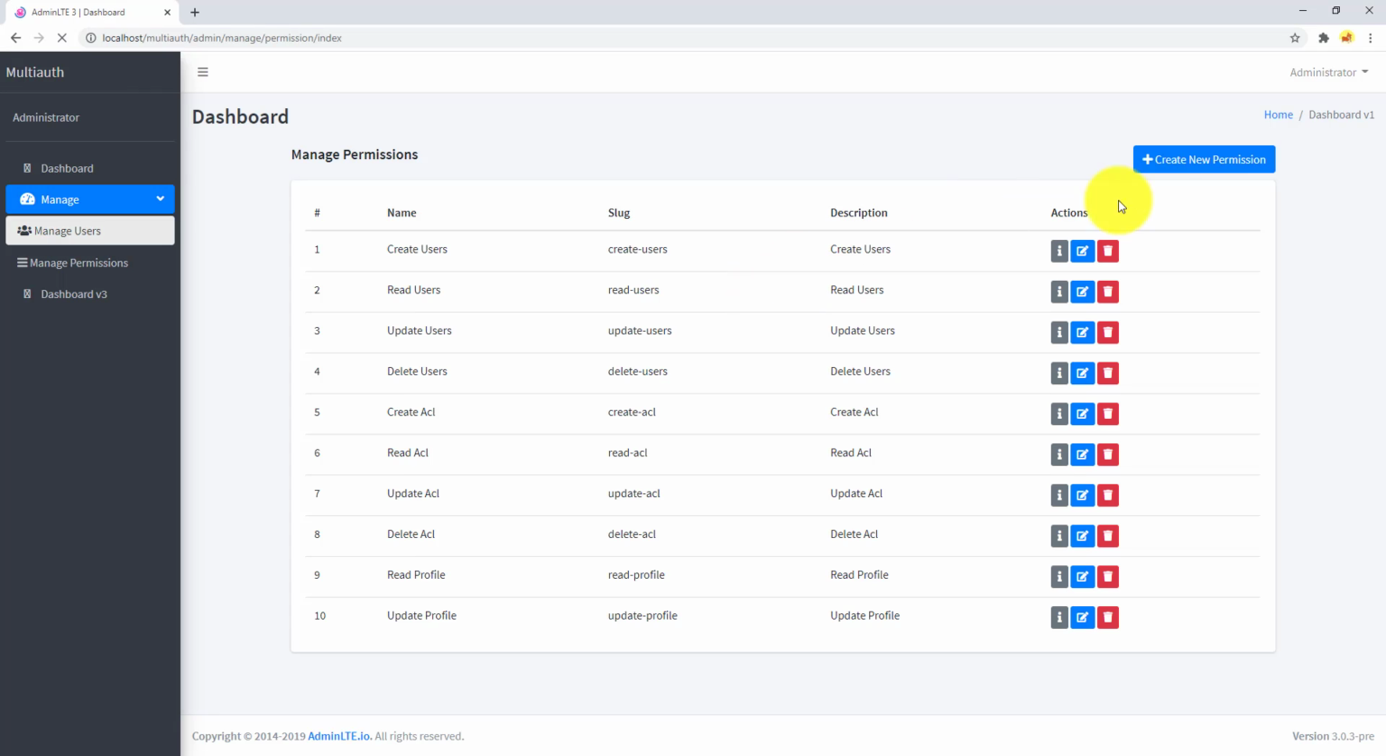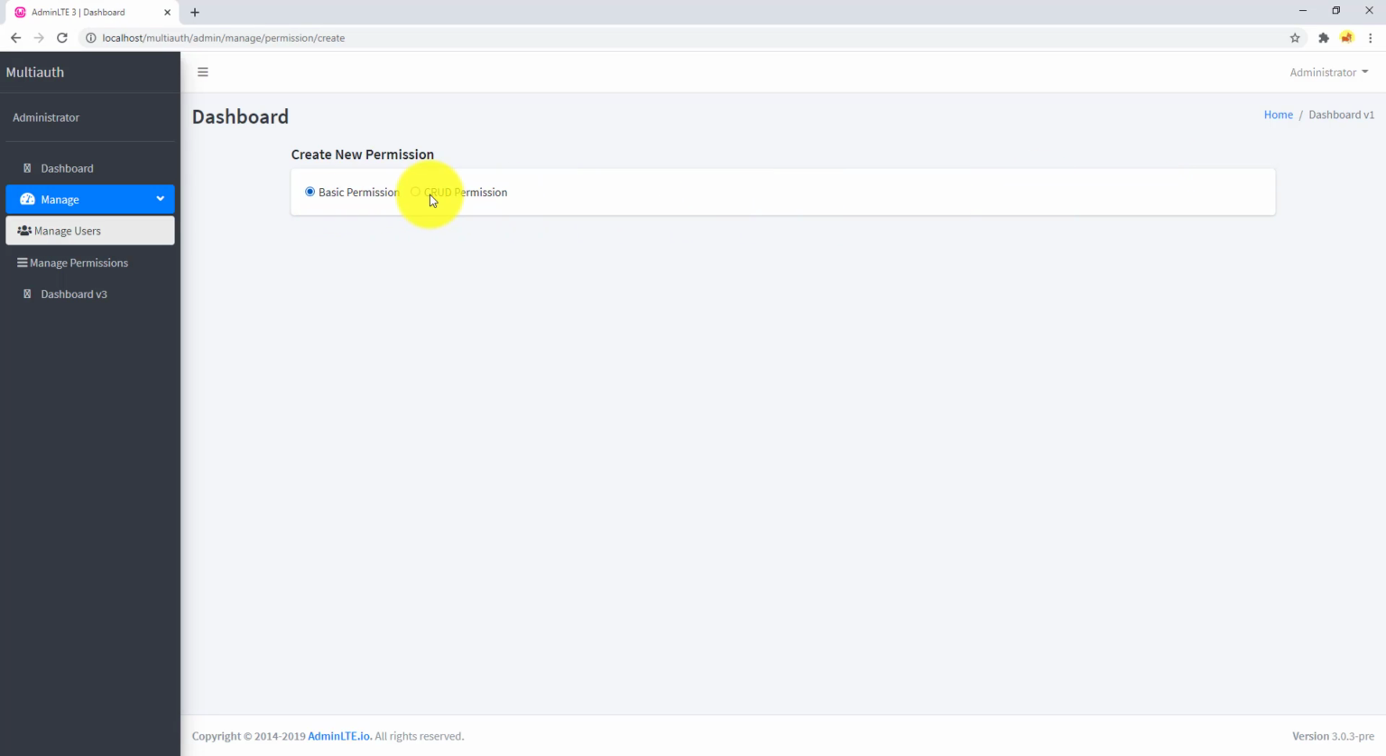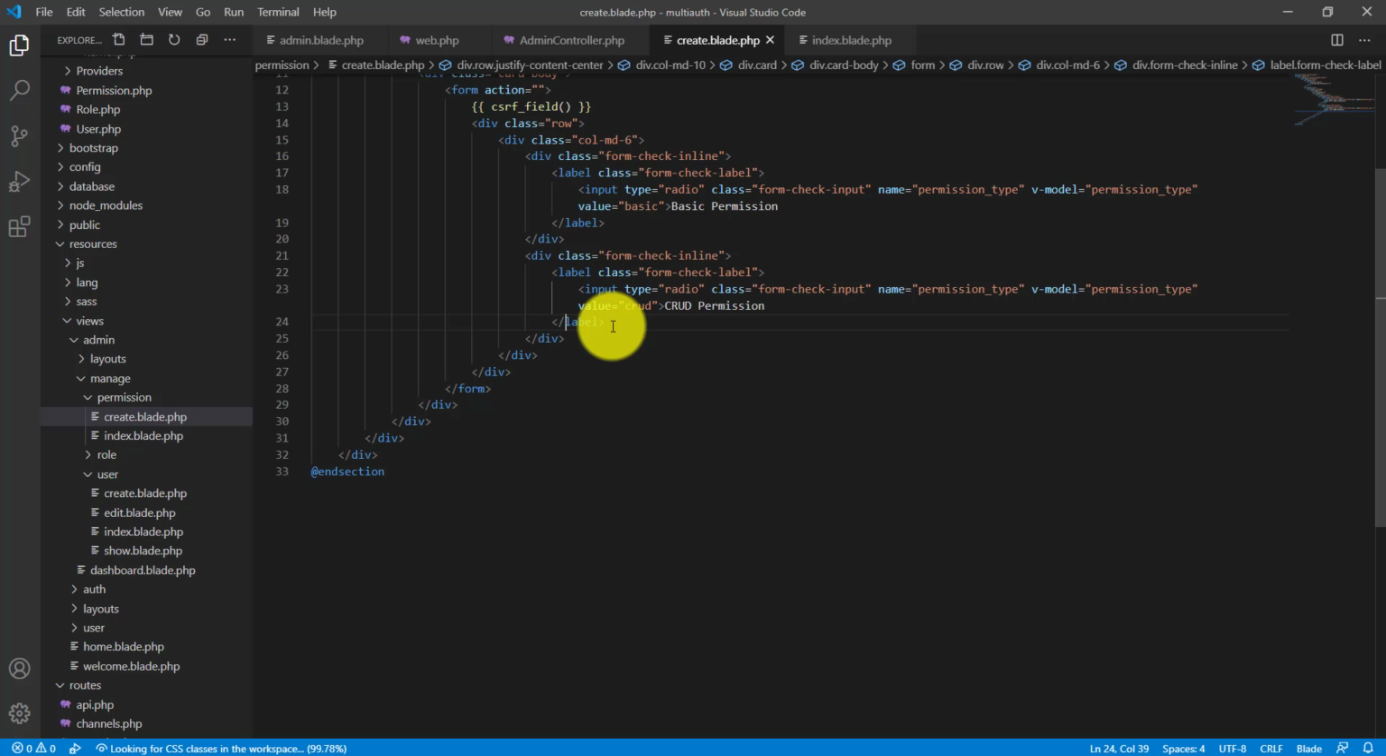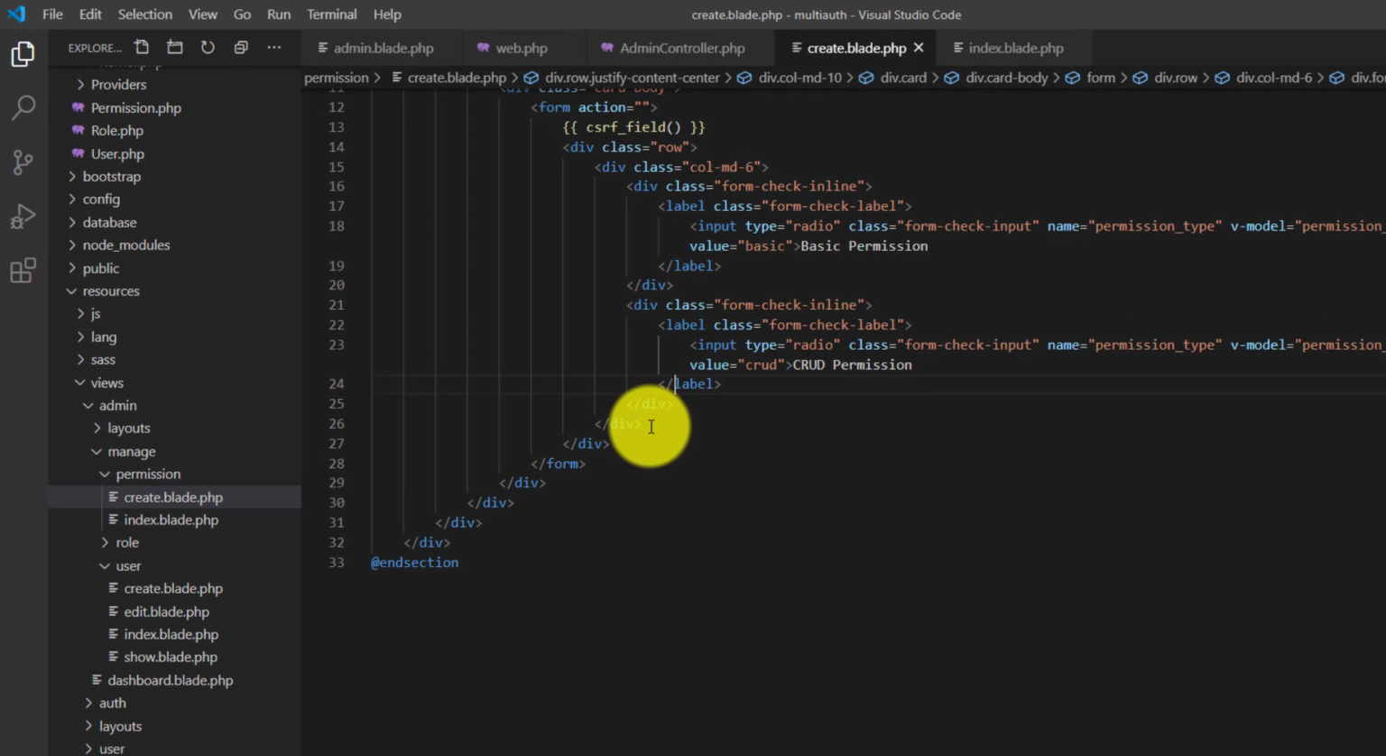And if we go to the browser and refresh and now click on this create new, you can see these are our radio buttons. So the next thing I want to do is when we click on this basic permission, we should have three inputs, one for name, one for slug, and one for description. But for the CRUD, I want 4 checkboxes. For example, one for create, the other one for read, the other one for update, and the final one for delete. We can do that by using vue.js, and I will show you guys in a minute how we can do that. So after this row,